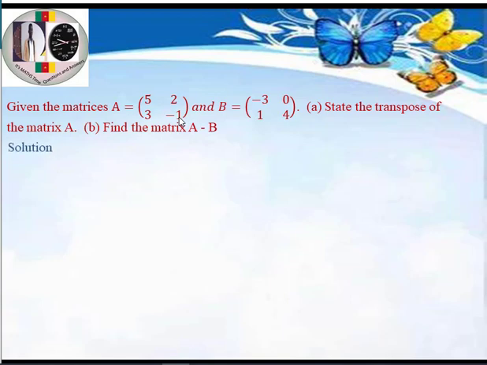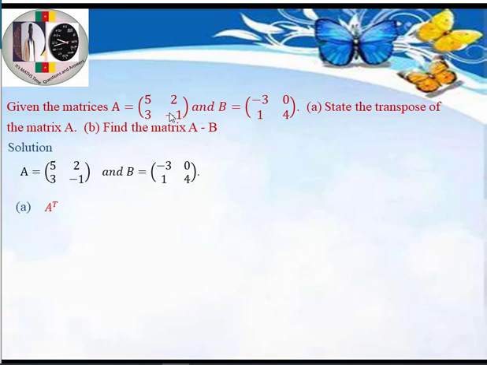Therefore, in this solution, we interchange this 5 2 and 3 minus 1. 5 2 becomes the column, and the 3 minus 1 will become a column as well. So the rows become the columns. So we know the matrix A to be that, and the matrix B is that. So the transpose of the matrix A is denoted by A to the power T, and is equal to,